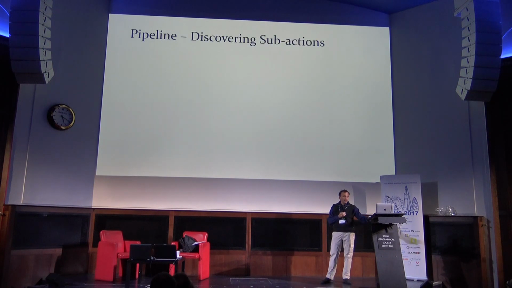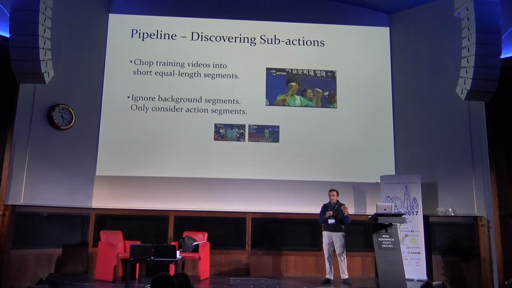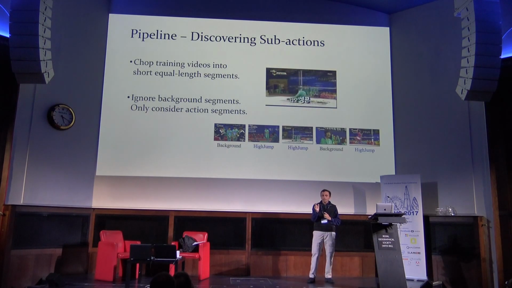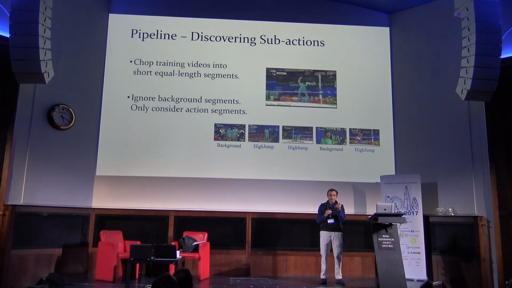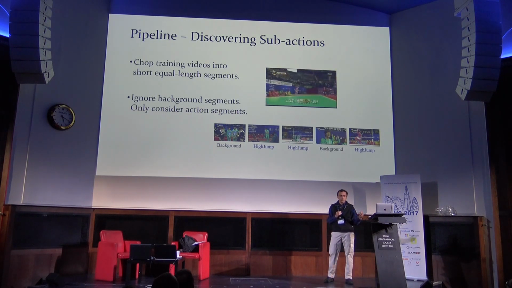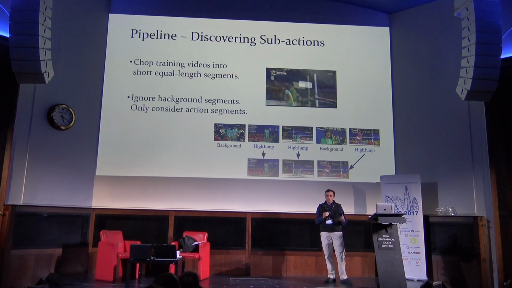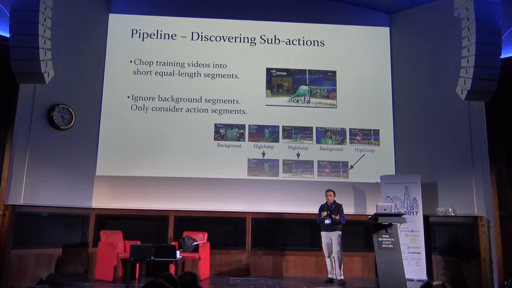So let's actually look at it in terms of pictures. What you have is you want to chop your training videos into equal length segments initially. That's because a frame by itself is too small, but you get maybe 0.3 seconds or something. So that's a little bit of time to give you these equal length segments. And then since in the training data you have the actions that were localized, you can ignore the ones in the background, leaving you the ones left over. These are the kind of segments that correspond to the action of interest.